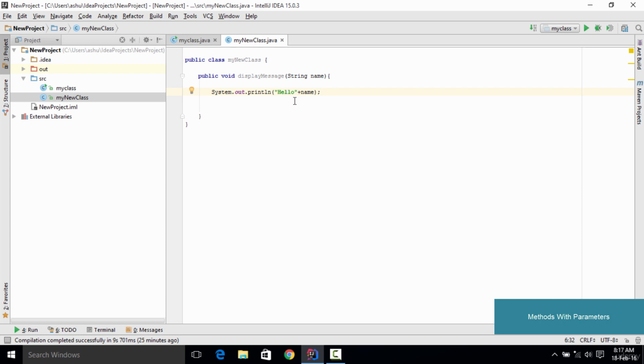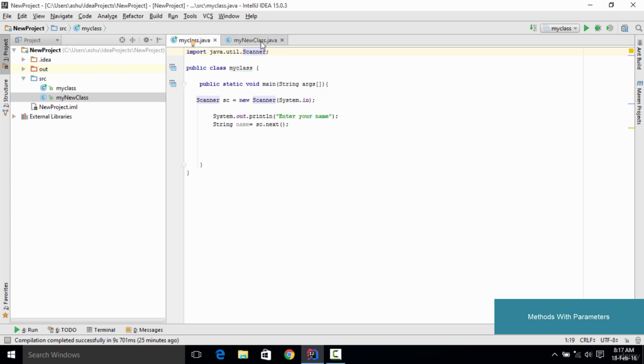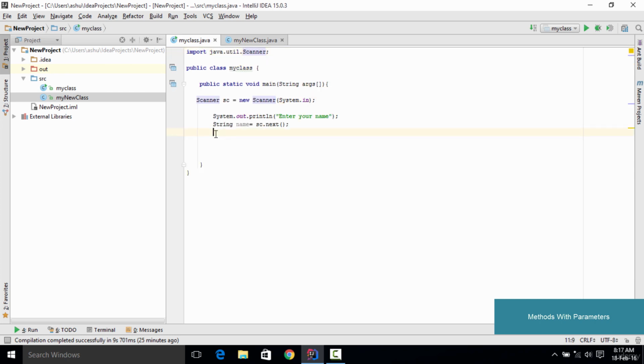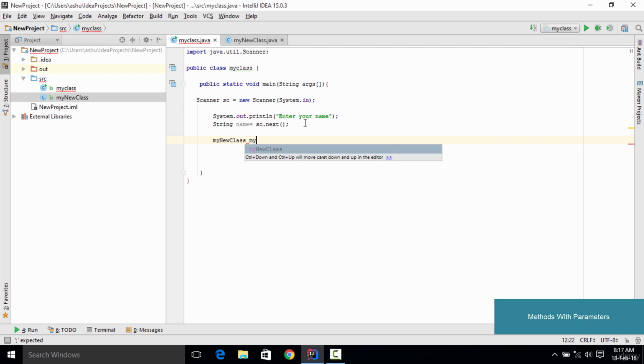Now once we have this method set up, we actually need to call this method inside this class. For calling this method inside this class, the first thing we need to do is create an object of this class right here. In order to create an object, we type the class name, which is MyNewClass. Then we name the object, let's say, myNewClassObject. Then we type equals new